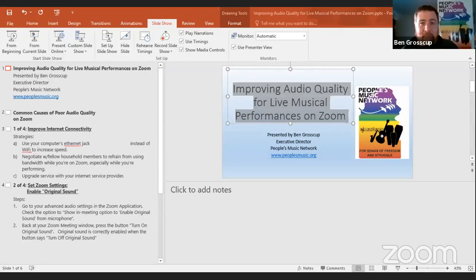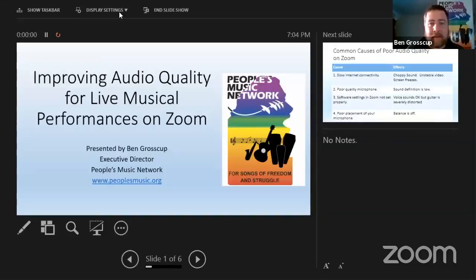And the purpose of this little thing that we're doing right now is just to bring everybody up to speed on some of the basics of how we improve our audio settings on Zoom when we're performing music. So I have a PowerPoint, excuse my dyslexia, which I'll just briefly go over the information that I know about how we can improve